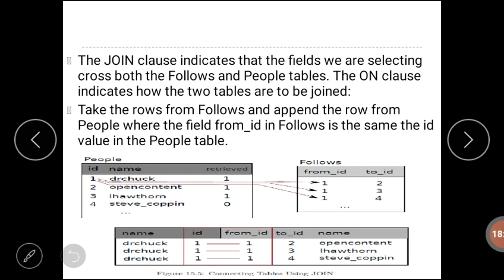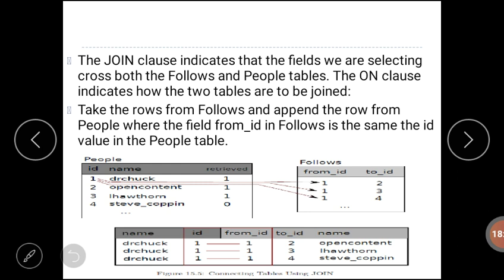Here: select star from follows join people on follows.from_id equal to people.id where people.id equal to 1. The on clause indicates how the two tables are to be joined. Take the rows from follows and append the rows from people, where the field from_id in follows is the same as the id value in the people table.